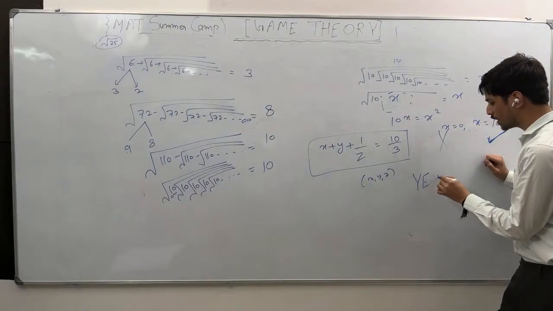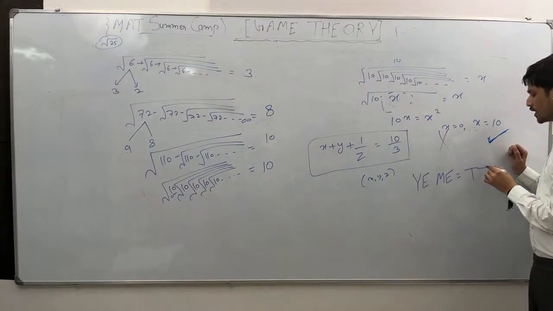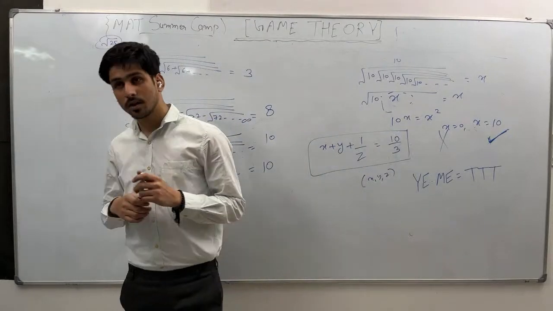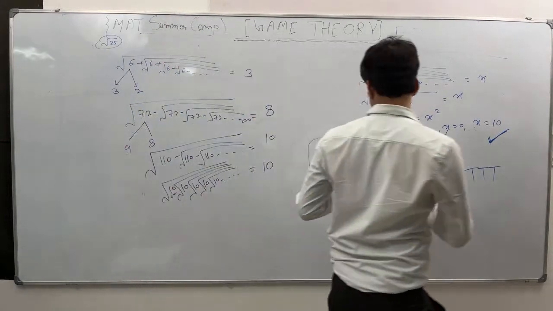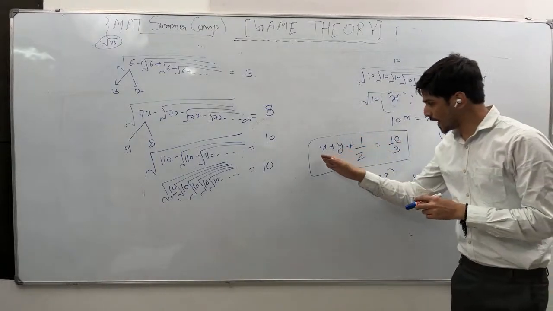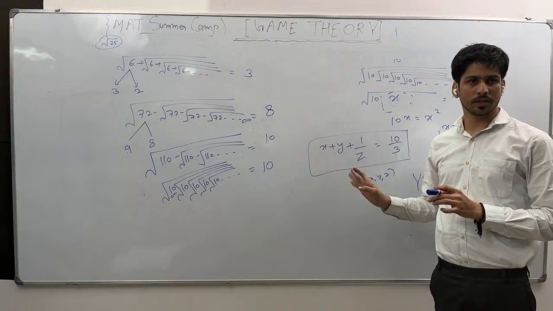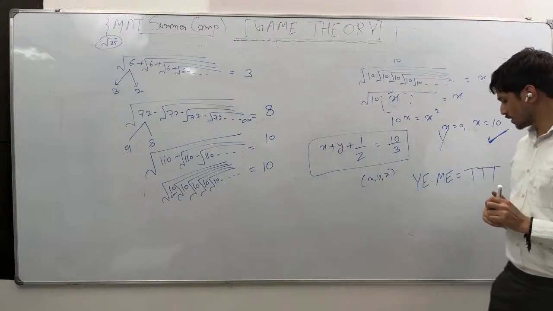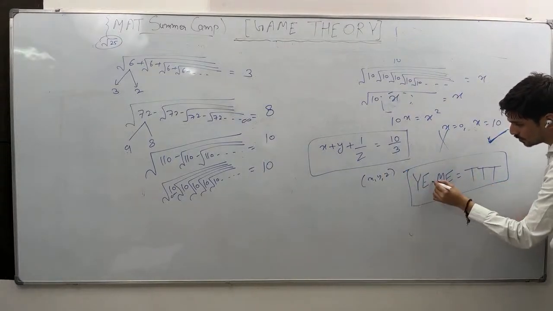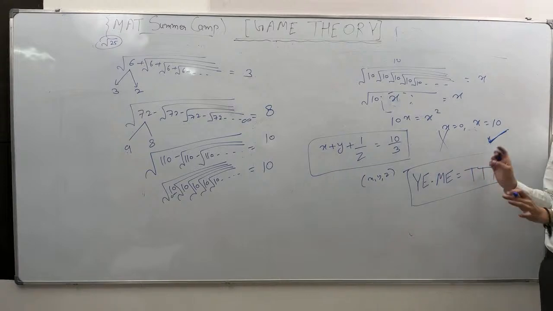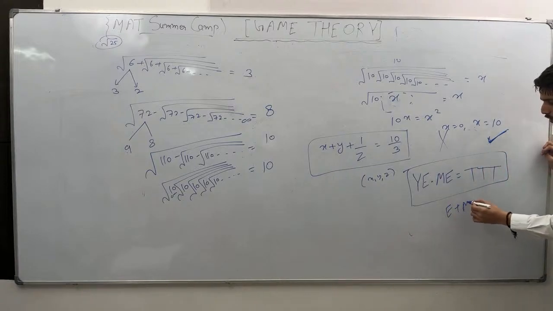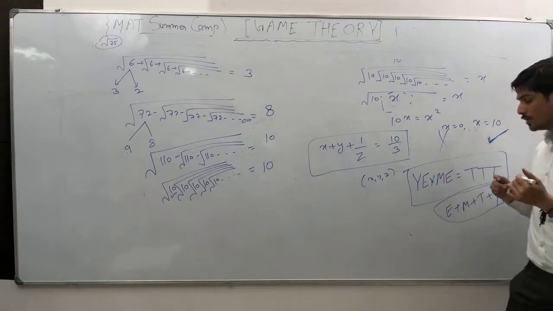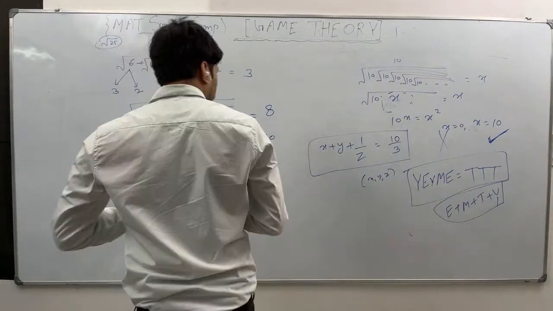This is also like a cryptarithmetic problem. T is given. I am telling you x, y, and z are natural numbers such that their sum is 10 by 3. Find the value of x, y, and z. And here also try this problem: Ye multiplied by me is equal to t. A cryptarithmetic problem, but here you have to find the sum of em plus t plus y. Here instead of addition they are giving multiplication. How can you solve? This one is fairly simple.